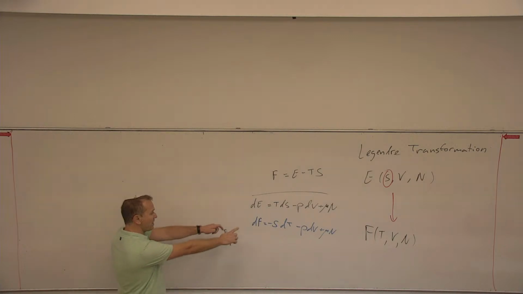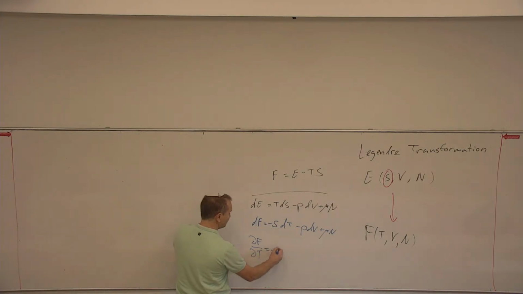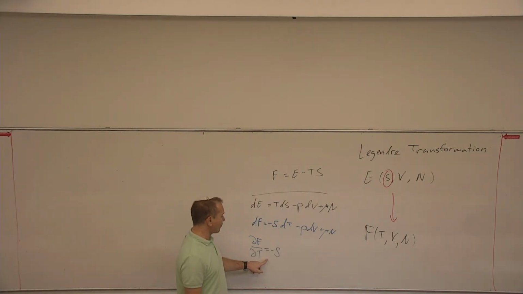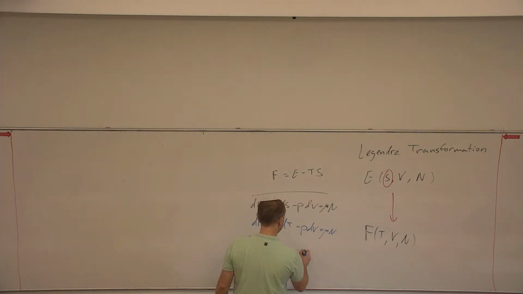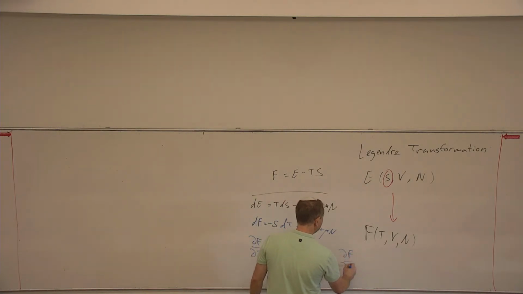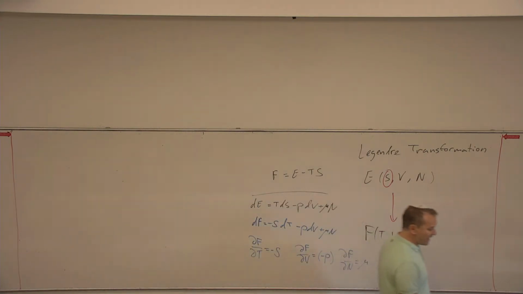Okay. So from here, what we see is that dF/dT equals minus S. The pressure stays the same: dF/dV equals minus P, and dF/dN equals the chemical potential mu. Now, we can do this